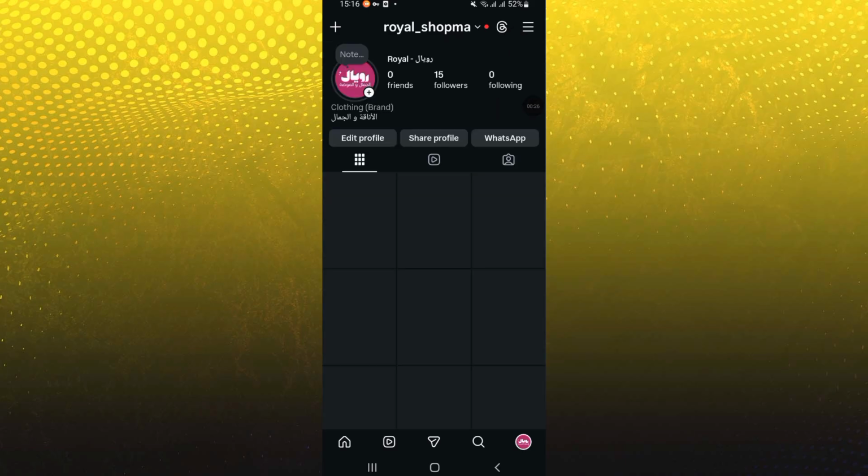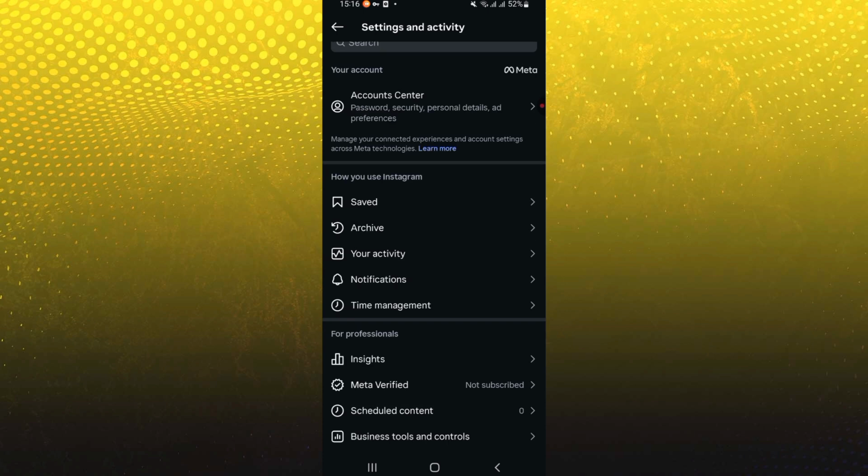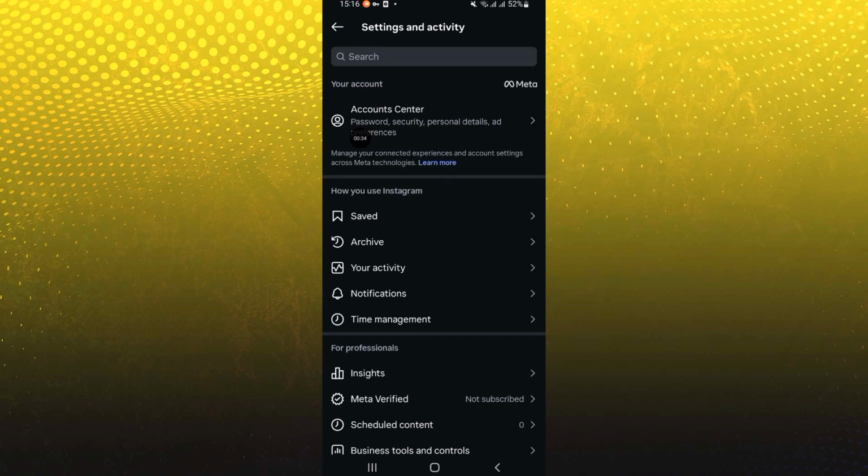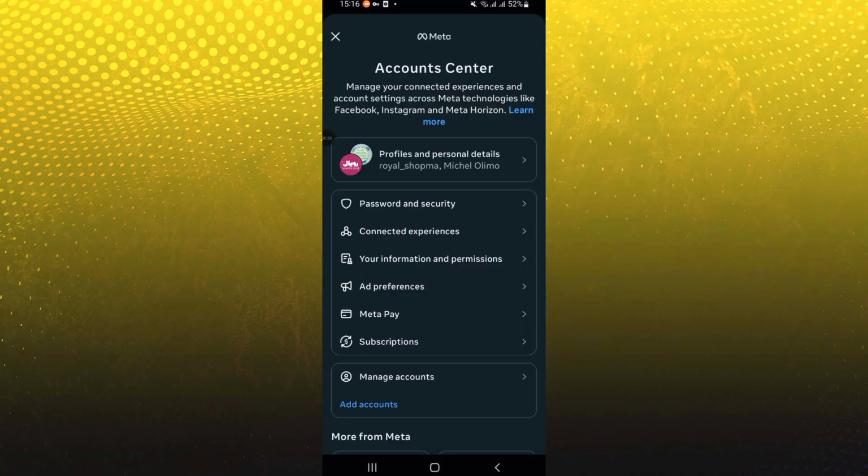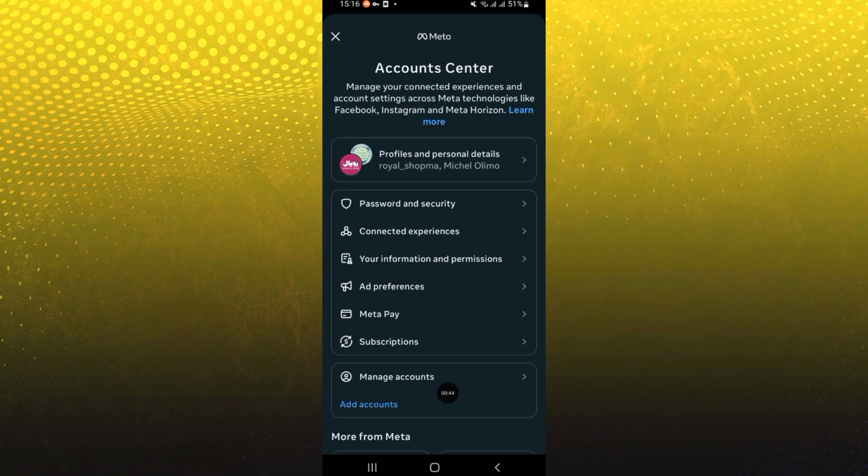When you click on your profile, click on the three lines in the top corner of the screen. So right now you have to click on Account Center like this, and after this you should click on Manage accounts. Click on it,